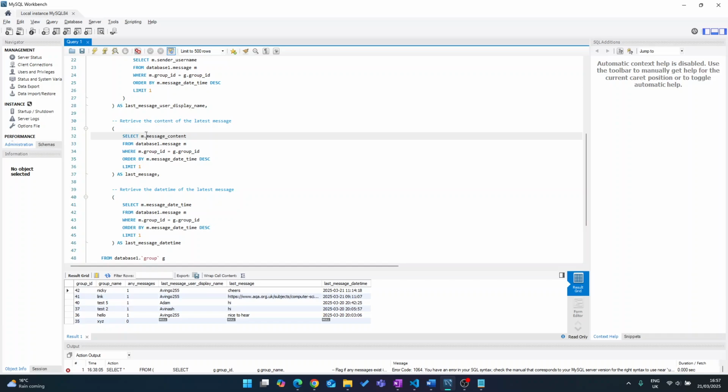We're getting it from the message table, where message group ID equals group.group ID, ordered by that, as last message date time. And then finally, we're only doing it where, of course, the user is, here I've just selected Avingo255. That's this user who's logged in, but the actual application